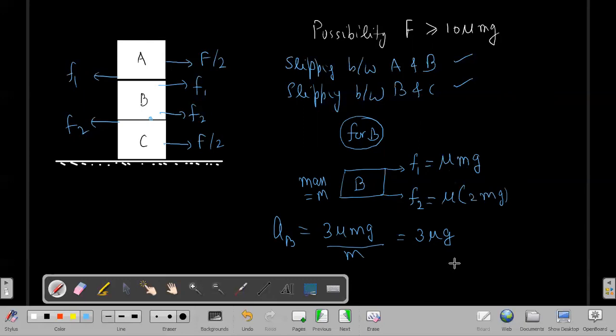Right? This was a very beautiful question involving the concept of friction force between a multi-block system under some external forces, and the whole idea for this question is that up to a certain value of F, the entire system will move as a single unit, and then as you go on increasing force capital F, relative motion will start between a pair of blocks. In this question, the relative motion first begins between A and B, and then after a certain more value of force, the relative motion between block B and C also starts. And those limits are 6 mu mg and 10 mu mg.